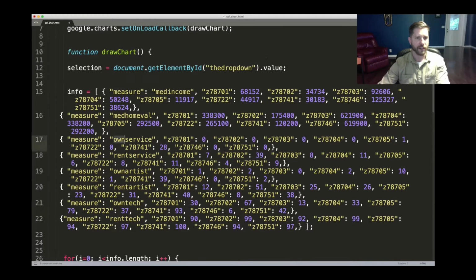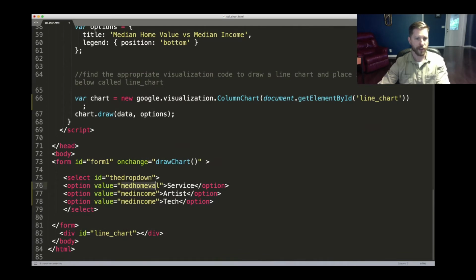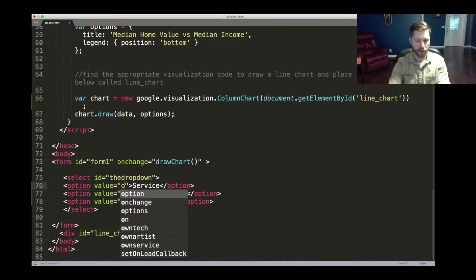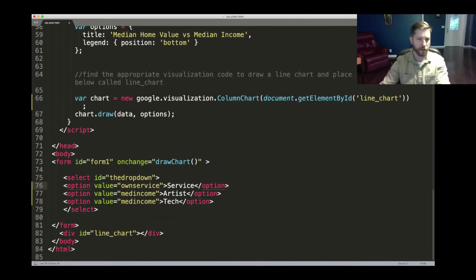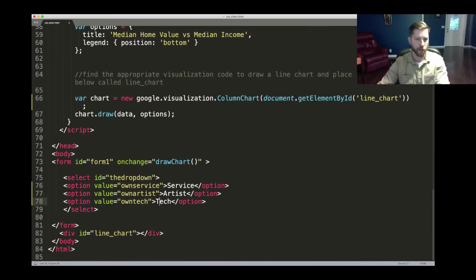So these are the actual indexes that we're going to want to access and the values that we'll want to get. So own service, own artist, and own tech is what we're trying to access. So that's what needs to be here. We need own service to be here. We need own artist to be here. And then we need own tech to be here